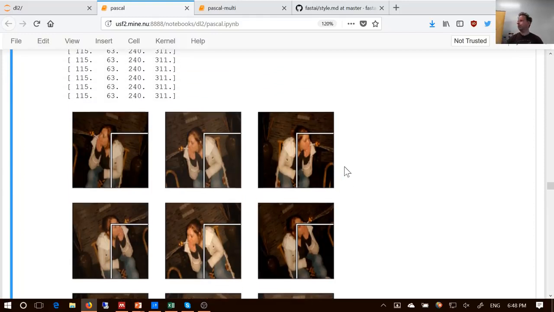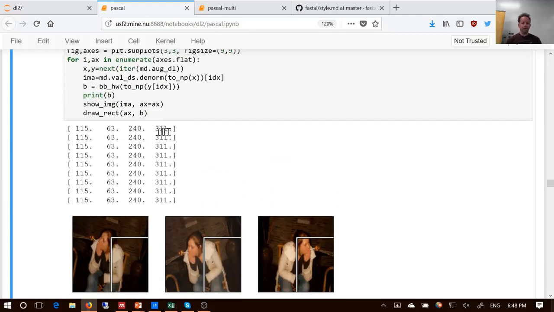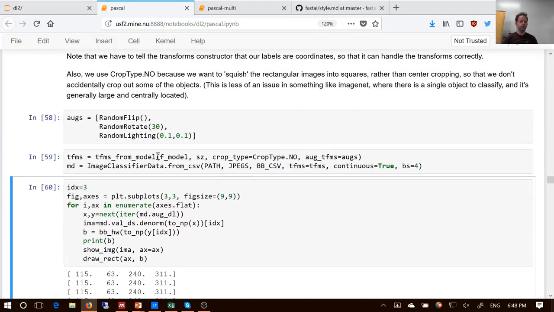So this is the problem with data augmentation when your dependent variable is pixel values or is in some way connected to your independent variable. The two need to be augmented together. And in fact, you can see from the printout that these numbers are bigger than 224, but these images are of size 224. That's what we requested in this transforms. So it's not even being scaled or cropped or anything, right? So you can see that our dependent variable needs to go through all of the same geometric transformations as our independent variable. So to do that,